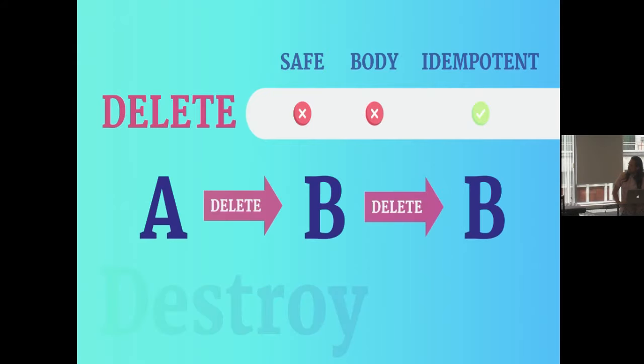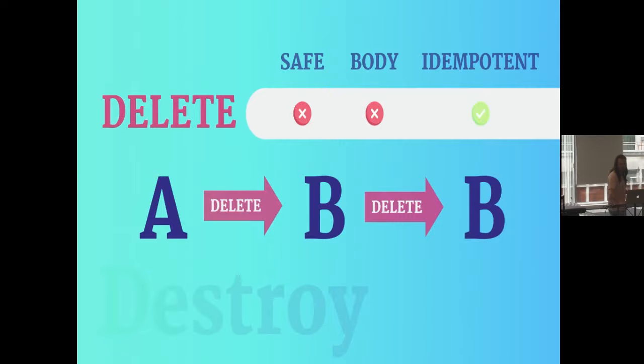So let's say it looks like this. My server has the resource. I delete the resource with a request. I now do not have that resource, so I have a state of B. And then I try and delete the resource again. This even highlights it even better than update, I think, is that I've deleted the resource, and then I make the request to delete that resource again. Well, the server doesn't change at all because the resource is just gone still. There's no change to be made. So that's again idempotency. Cool.